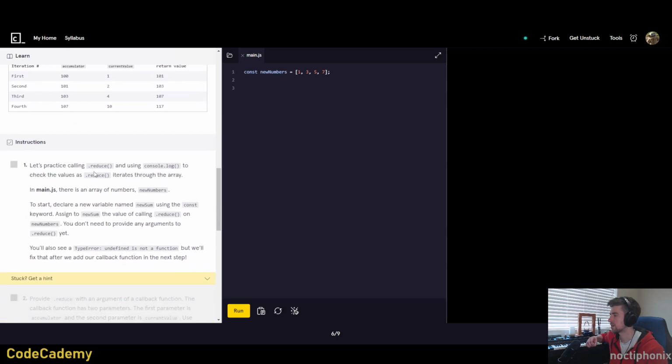Okay, so let's practice calling .reduce and using console log to check the values as reduce iterates through the array. In main.js, there is an array of numbers, new numbers. To start, declare a new variable named newSum using the constant keyword. Assign newSum to the value of calling reduce on new numbers. You don't need to provide any arguments to .reduce yet. Okay, so we need to have a new variable, newSum,